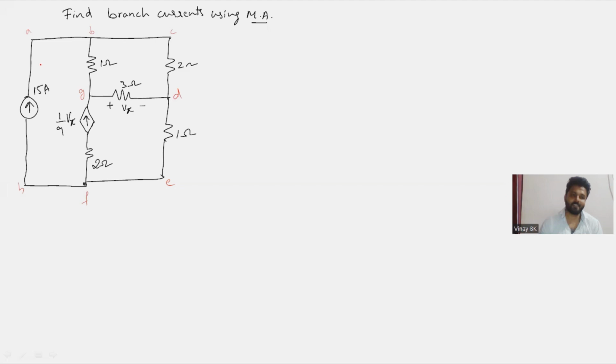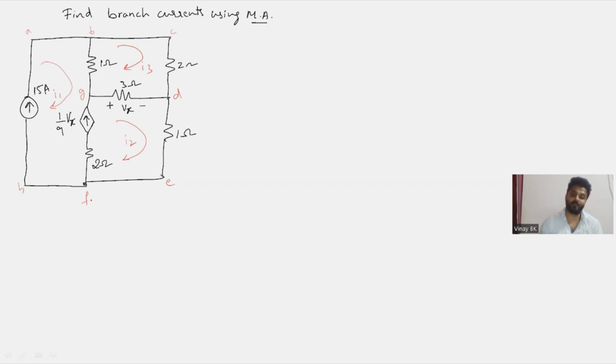So here I1 is flowing, and this is loop 1. And here I2 is flowing, and this is loop 2. And here I3 is flowing. This is loop 3. So now, as I explained in earlier problems, you can see 1 by 9 Vx